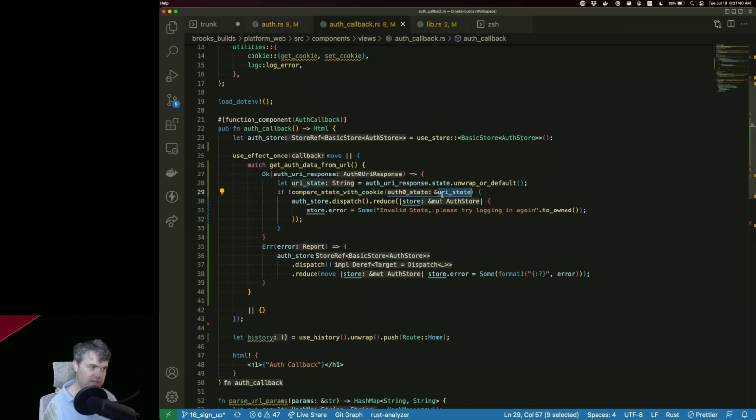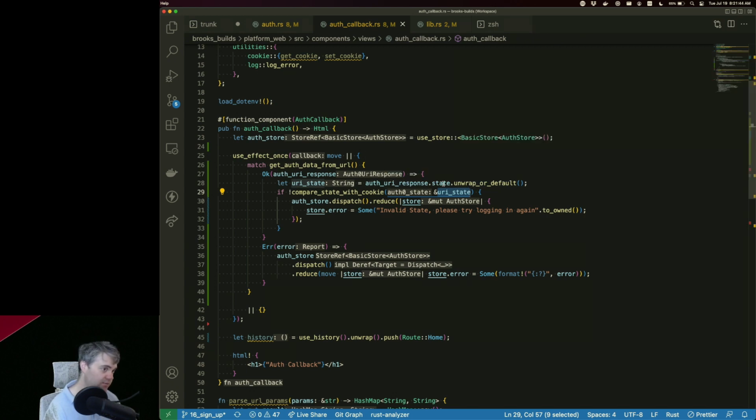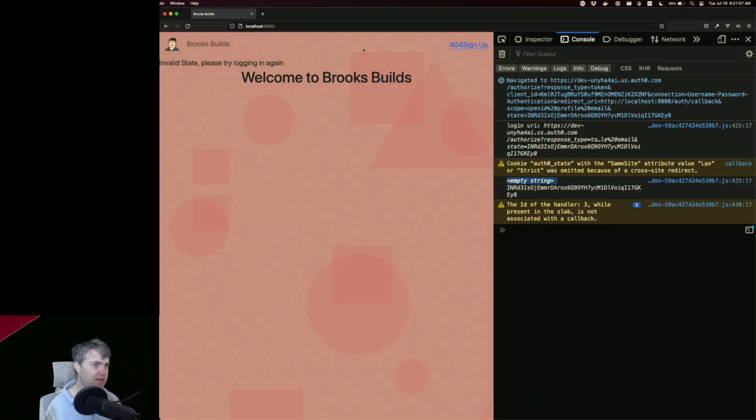So this one, URI state, unwrap or default. Interesting. Okay. So this failed to get the cookie from the URL.